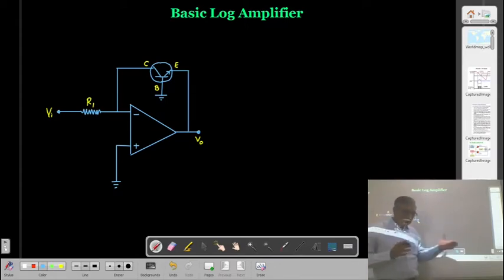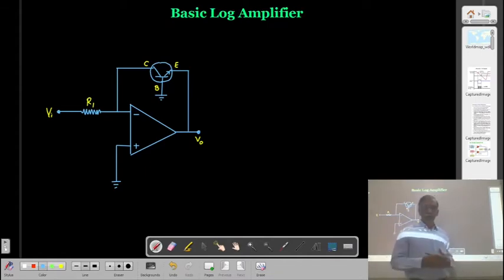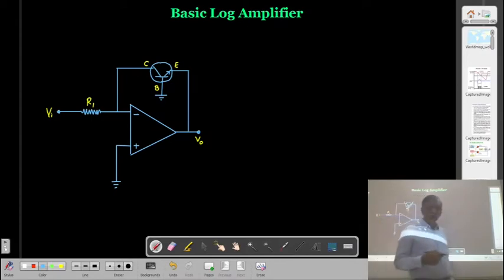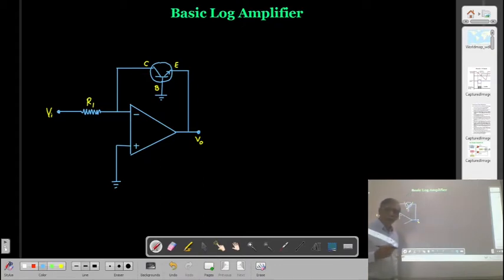So the range of the data is from a microvolt to some 100 volts, and when you plot the graph, it is difficult to select the range. In that case we have to compress this data, and for the compression of the dynamic range of this voltage, we can use this log amplifier. This log amplifier can also be used to measure voltage in terms of dB, and it is also used in a spectral analyzer.